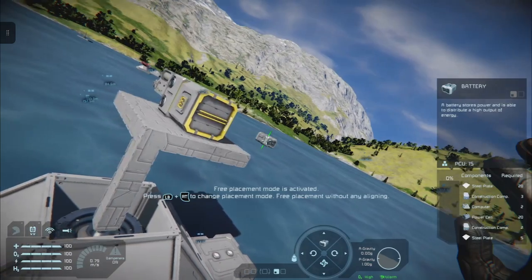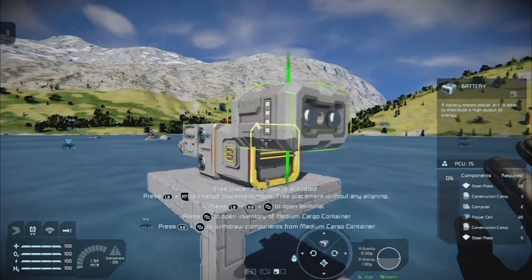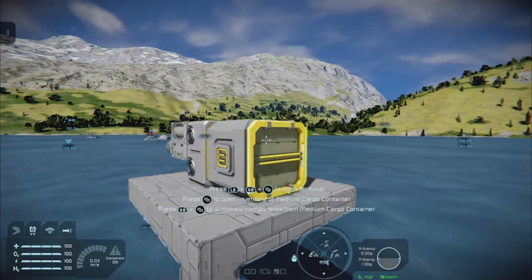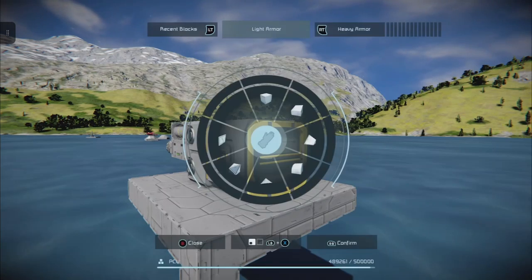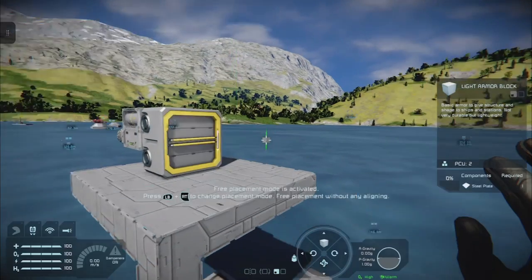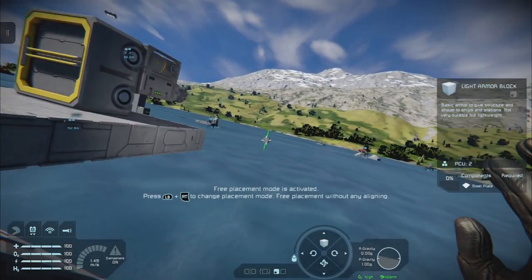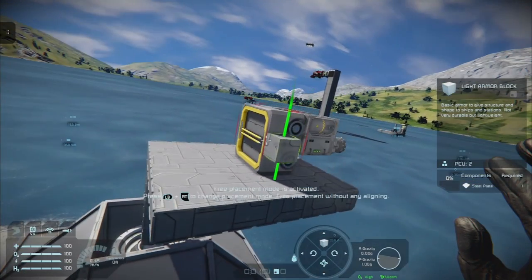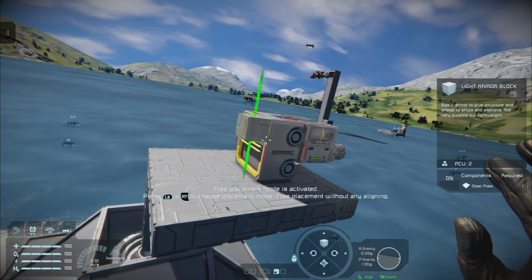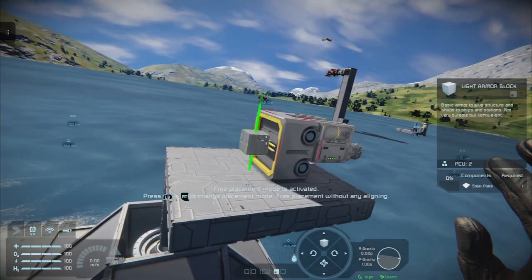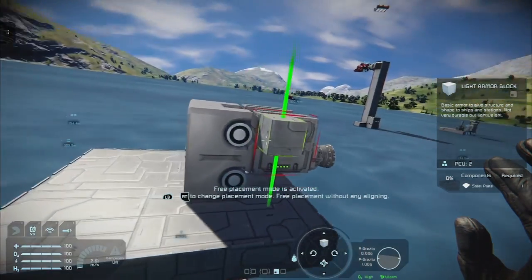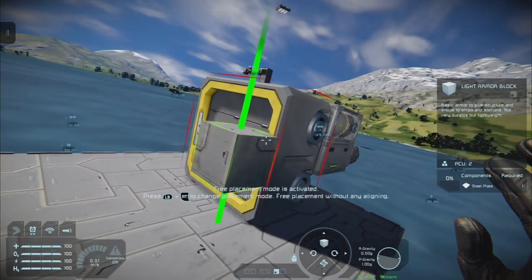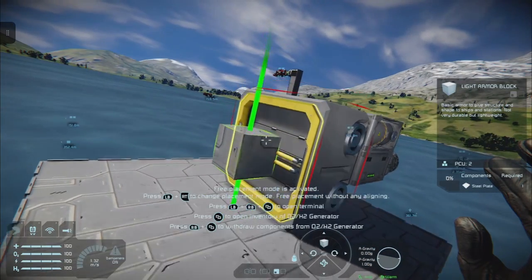So the best way to do this is to rethink the design. So we pop open the build tool and get rid of that. So now we have to think, where are we going to put our connector to be able to fuel a ship like this, and also get battery power on?